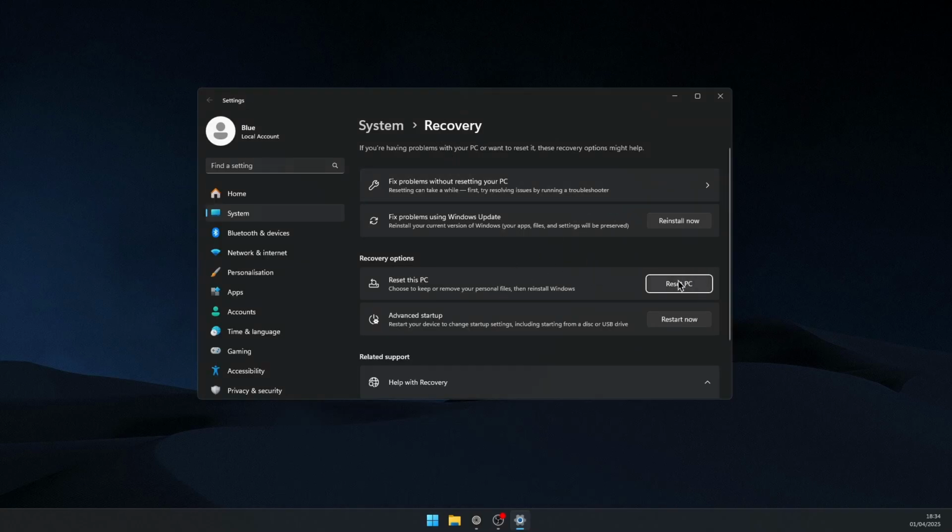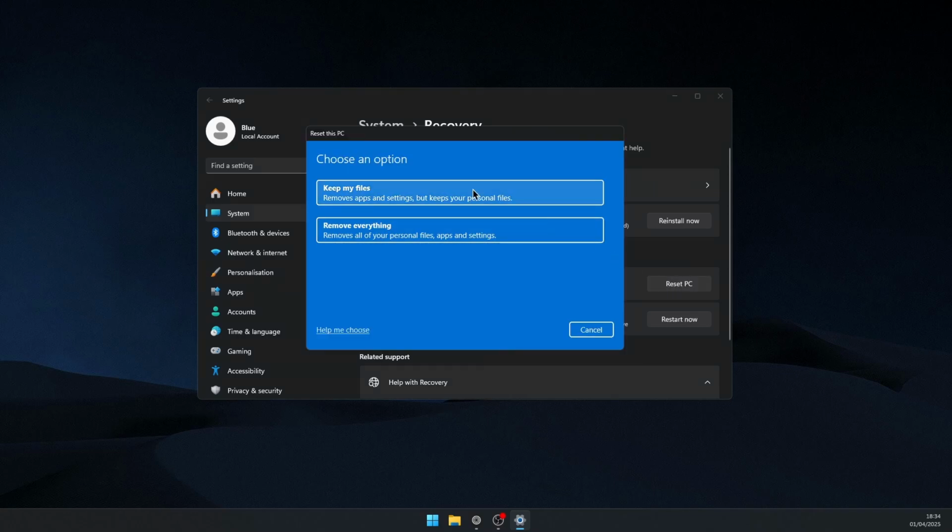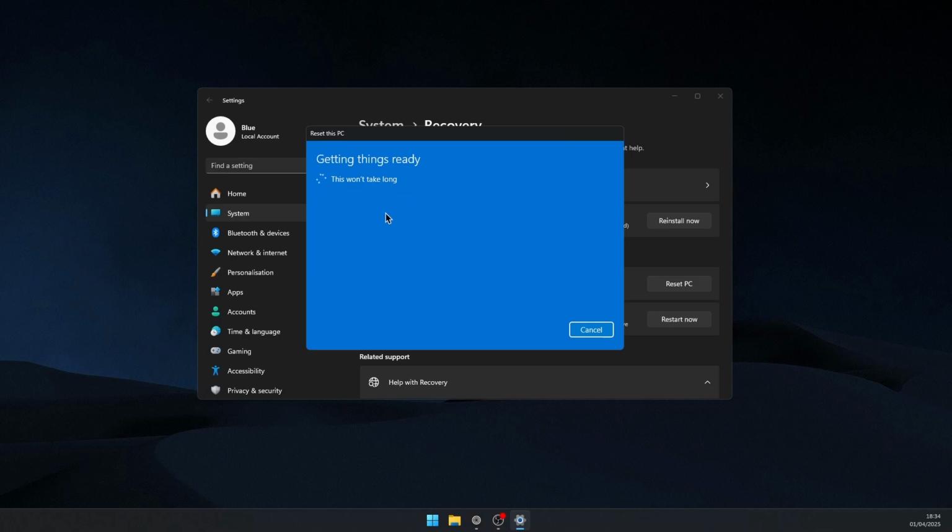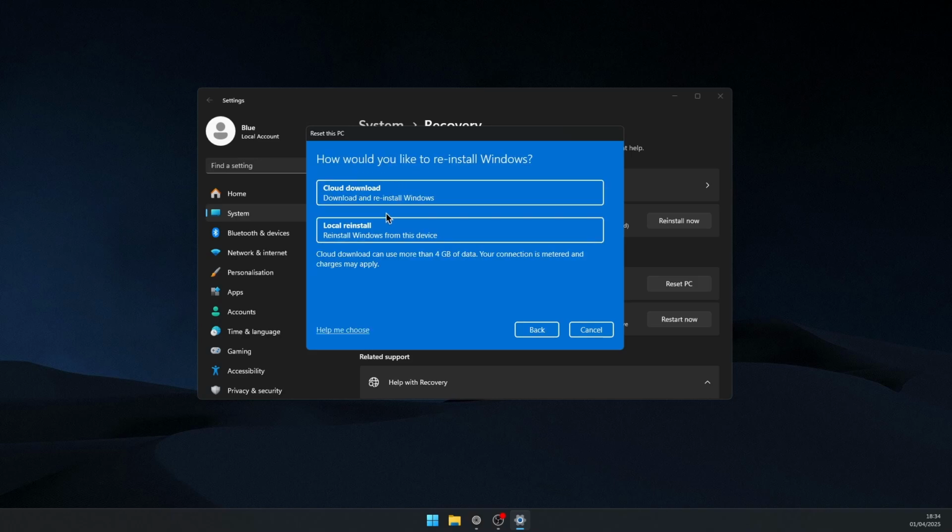After this we press on the reset PC, and then you want to choose if you want to keep your files or if you want to remove everything. Personally, everyone should always keep his files, so let's press keep my files, and we will wait a little bit,